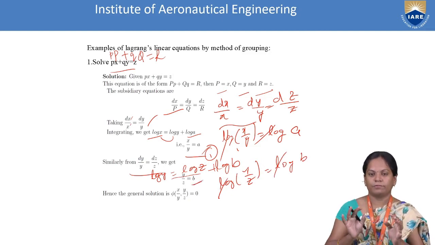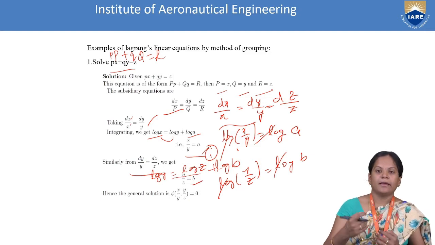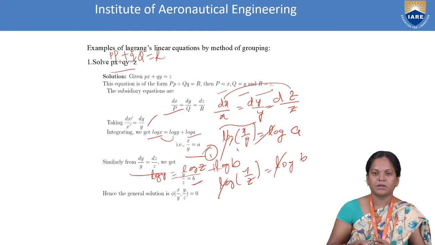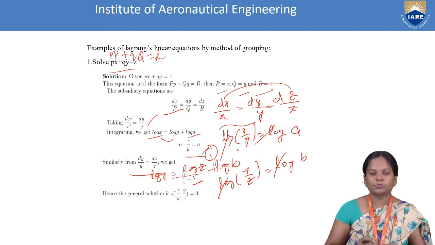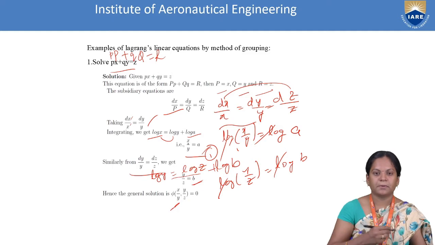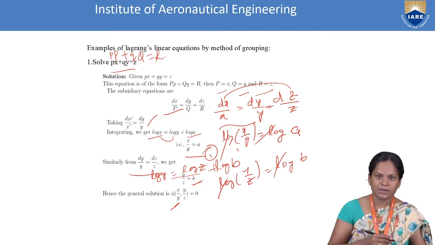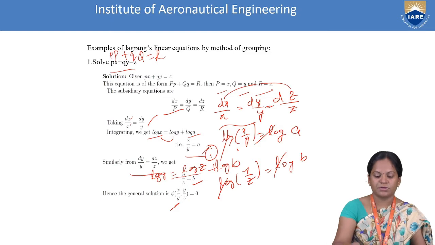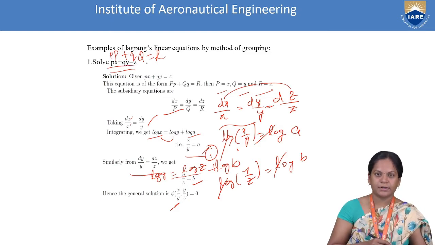So here we want only two solutions, a and b. If we take first and third, we'll get one more solution also. But here the general solution of the given partial differential equation is phi of u comma v equal to 0. So that's why we will find only two solutions. Now write the general solution. What is the general solution? Phi of u comma v equal to 0. We know a here is x by y, and b is here y by z. So which will give the general solution of the given partial differential equation of the form Pp plus Qq equal